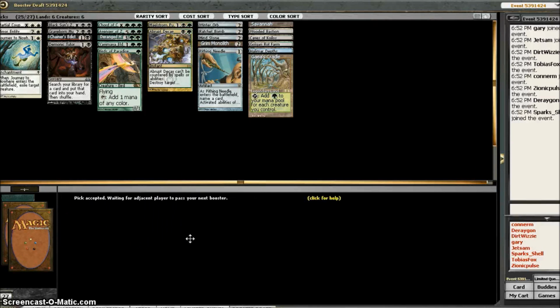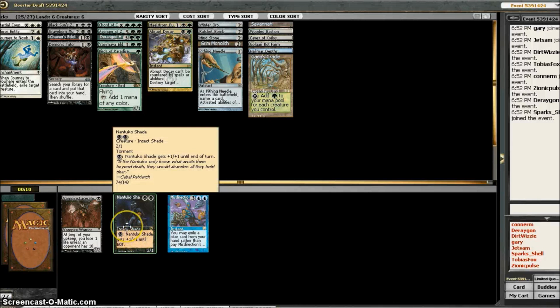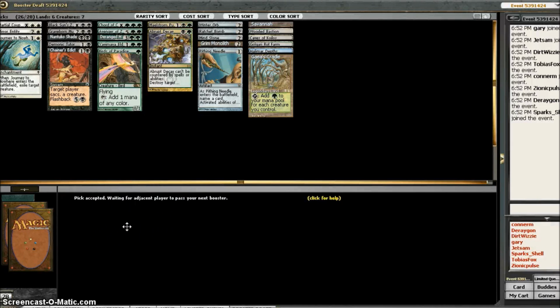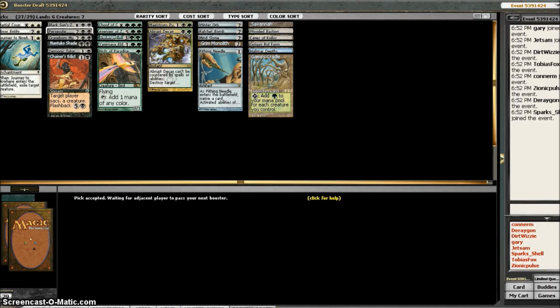And then we pick up another one. That's the green white filter land. We pick up a Shade here. It's not very good in this deck because we just don't have that many black sources. Take a Persecute because